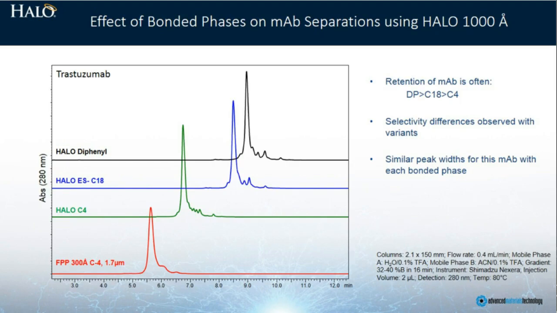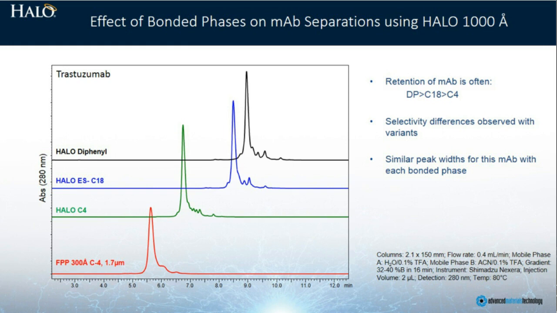Okay, what about when we look at monoclonal antibody separation? Well, this is a comparison using trastuzumab as the analyte, so a therapeutic monoclonal antibody, looking at the aromatic diphenyl bonded phase, a C18 and a C4, and on the bottom compared to a fully porous particle, 300 angstrom material. Now, the superficially porous particles clearly give you better peak width. What you do see is